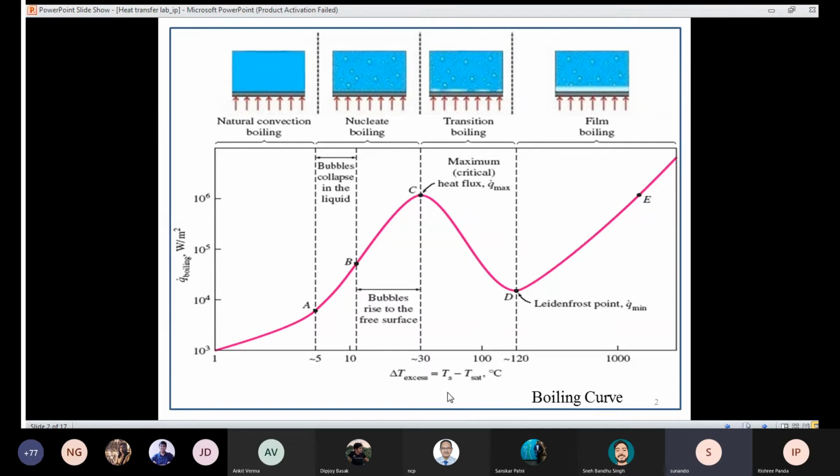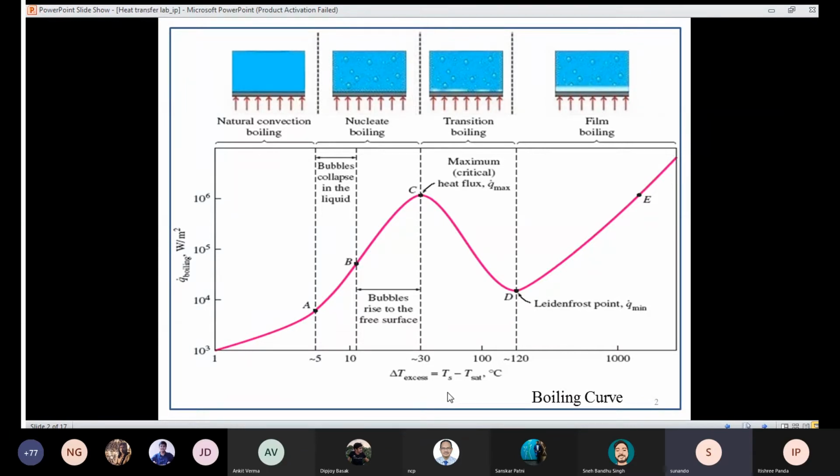But the critical heat flux evaluation is very important, especially in industries that deal with very high values of heat fluxes. For example, if it's a nuclear reactor and you're using a coolant for reducing the temperature of the core, you need to know the critical heat flux for the cladding material. Because if you have reached C, then even if you increase the delta T, instead of getting a higher value of heat flux, you are going to end up with a lower value of heat flux, which is counterintuitive, but now you know why.